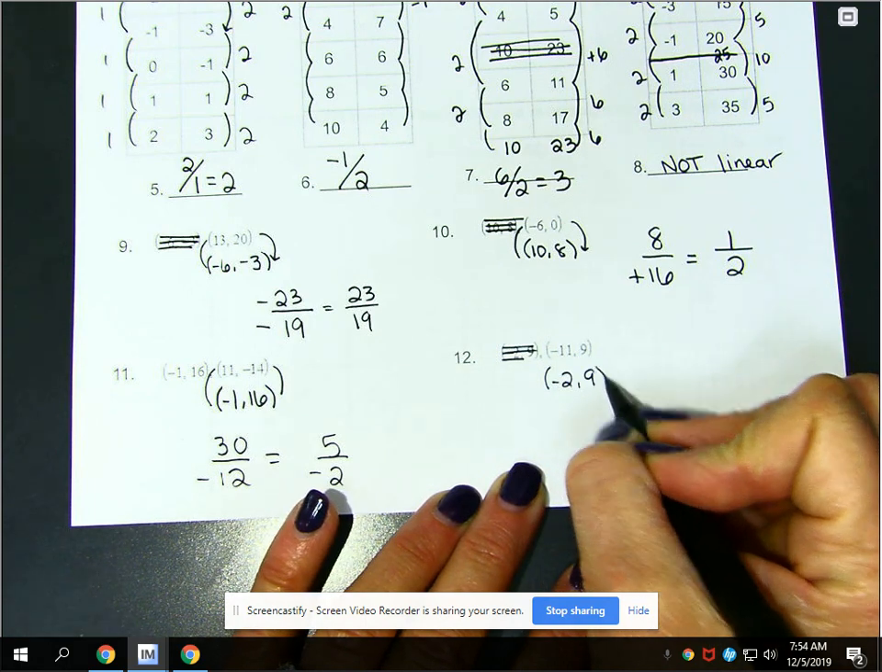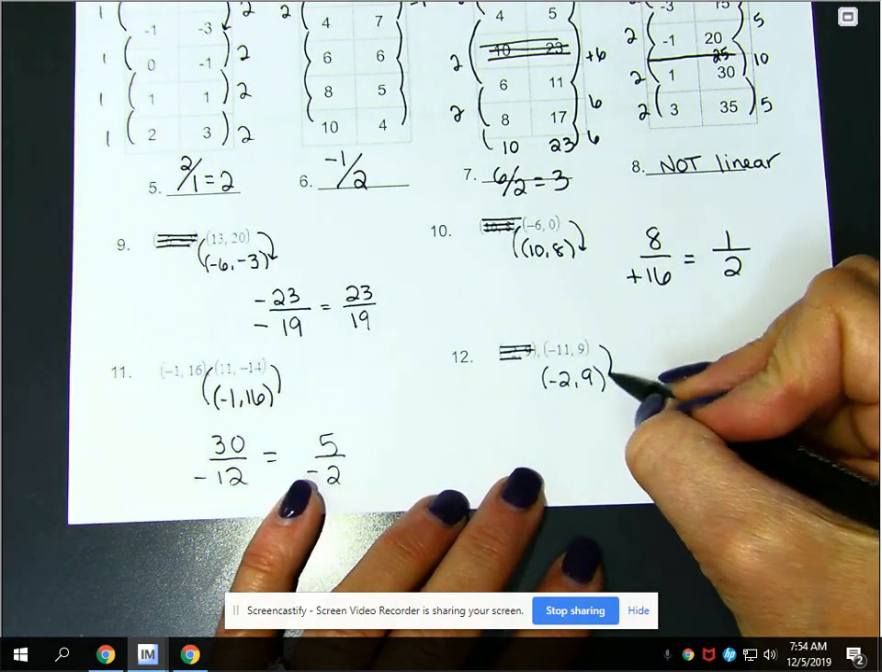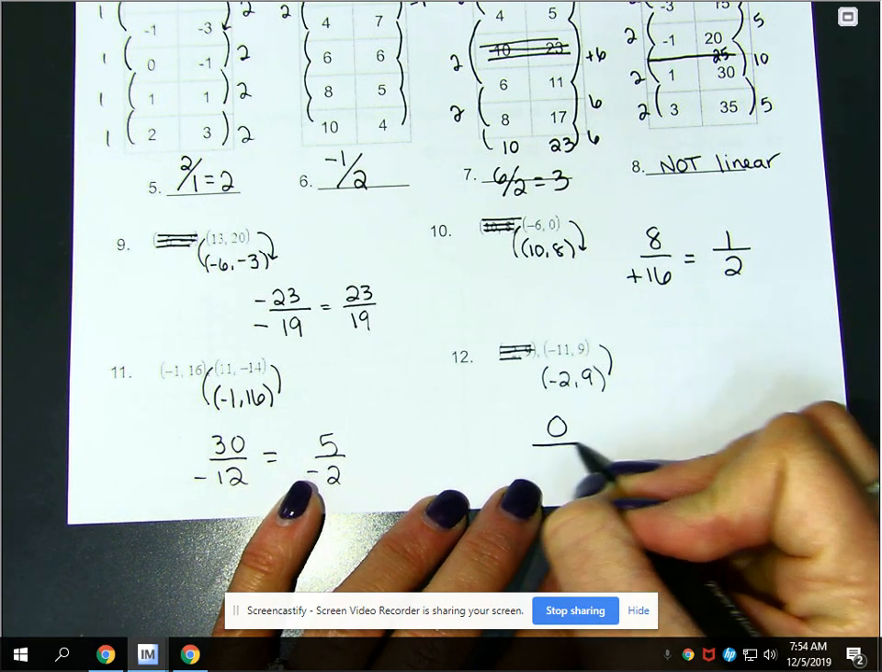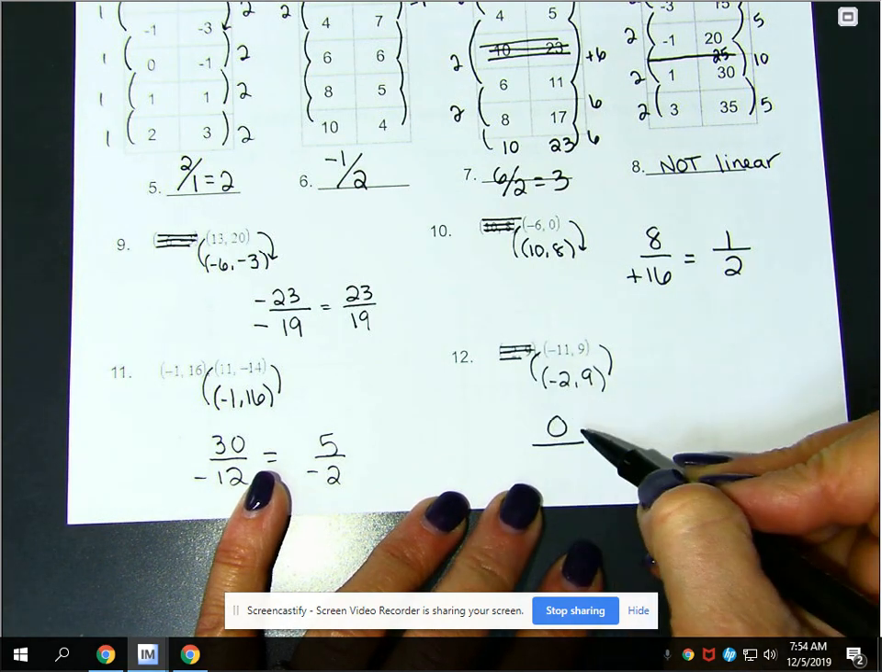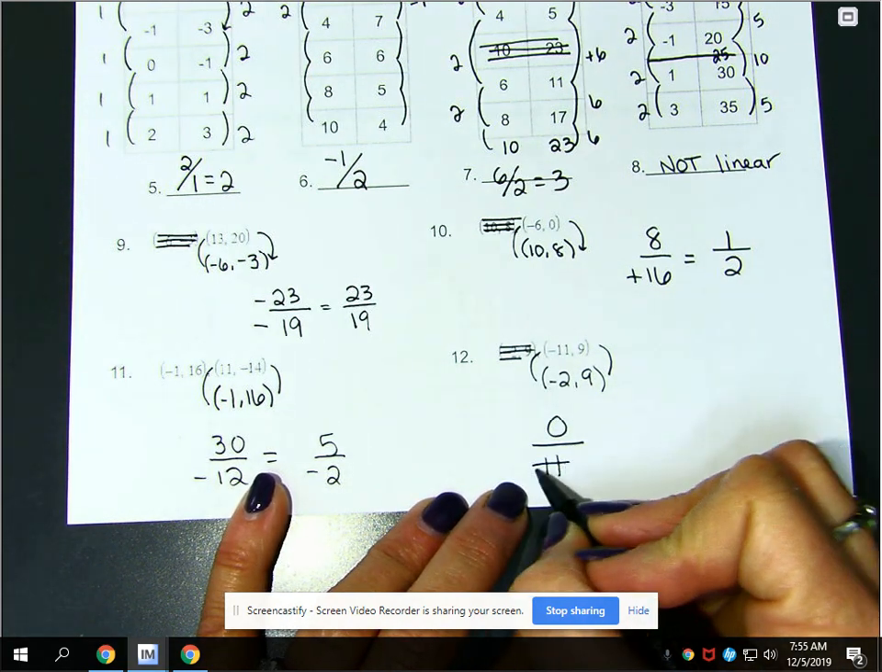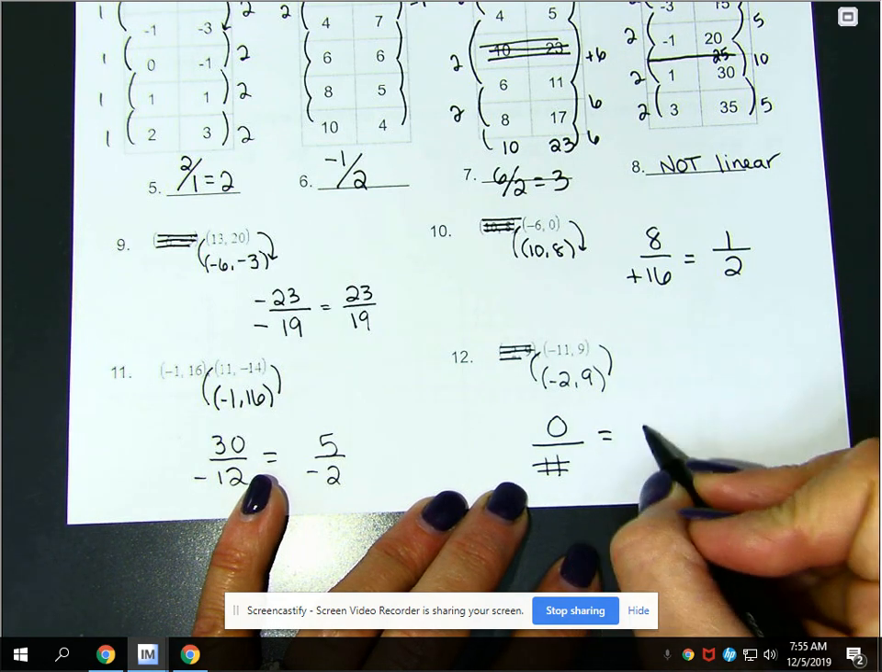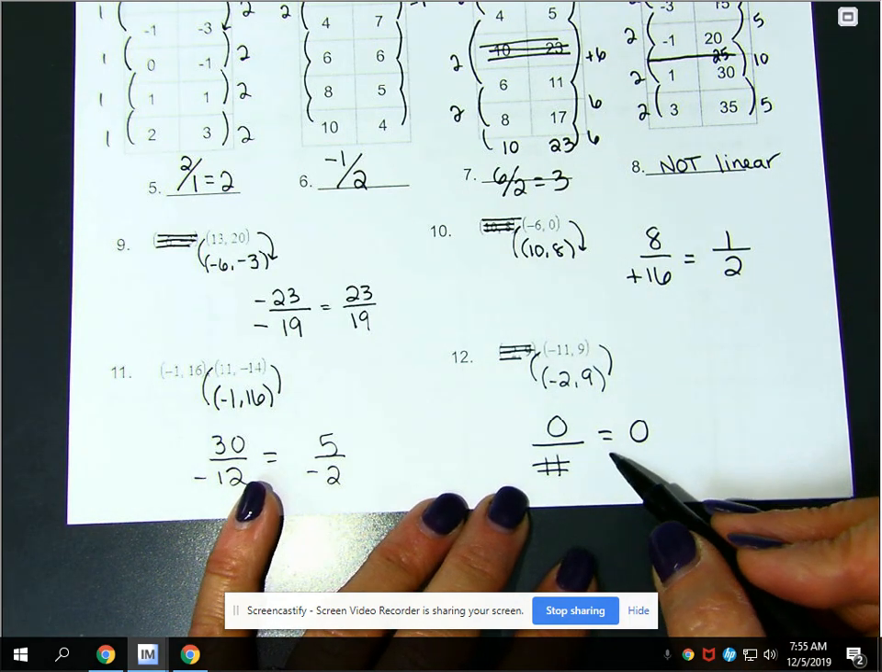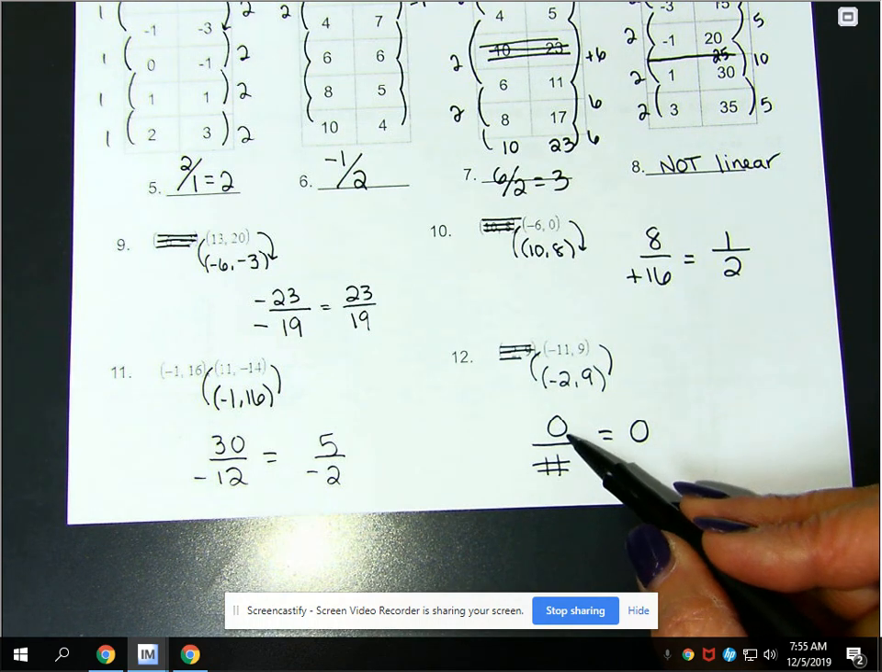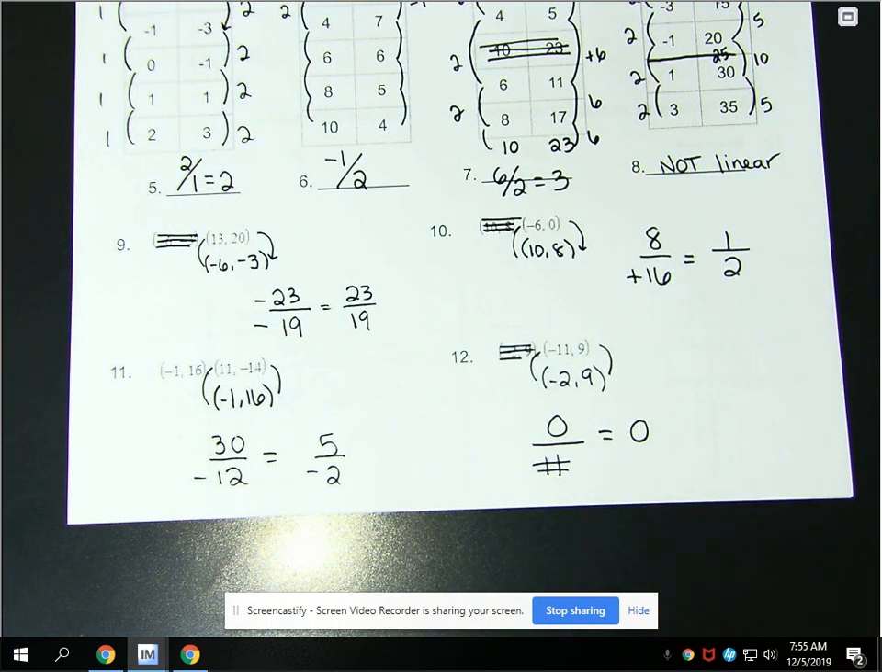The change in y's from 9 to 9 is 0. I know there is a change in the x's, and I don't care what it is. It's a number. 0 over any number is equal to 0. You have to write 0. If you leave it 0 over positive 9, it's not right. You haven't told me